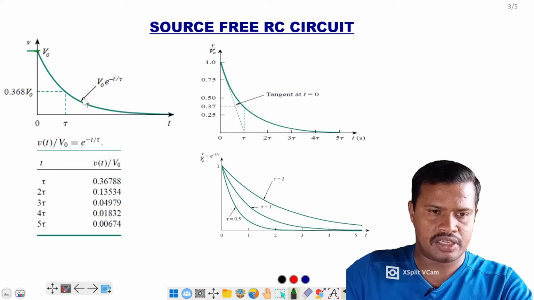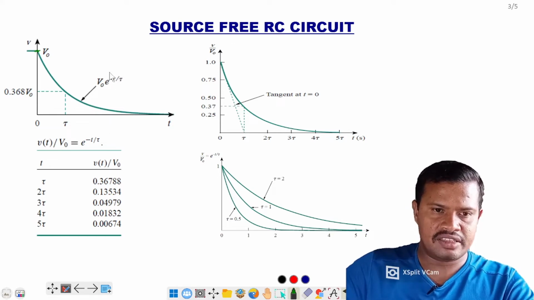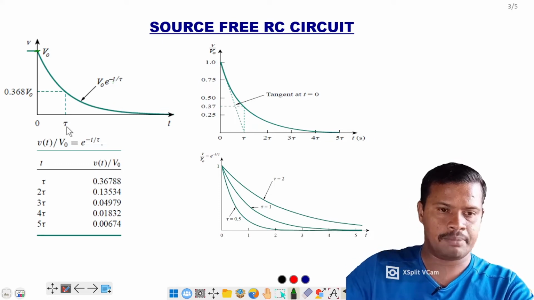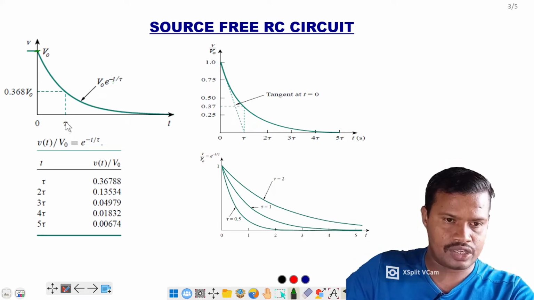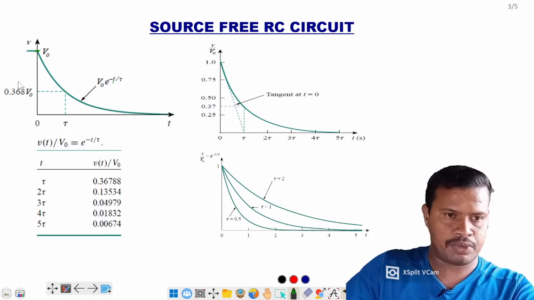So the response at any point will be V naught times e to the power of minus t by tau. When t is equal to one time constant, that is tau, the response will be 0.368 times